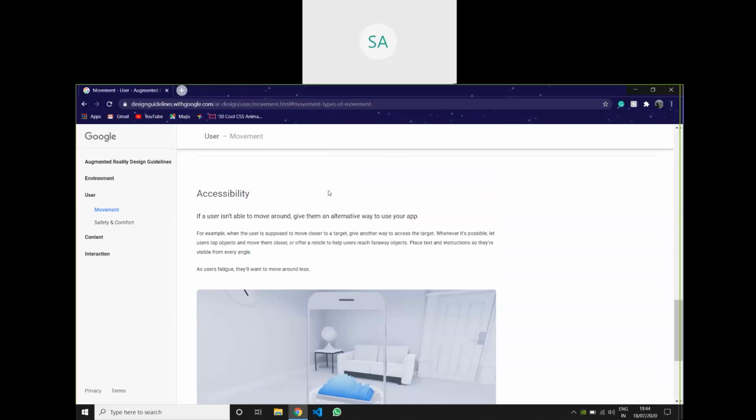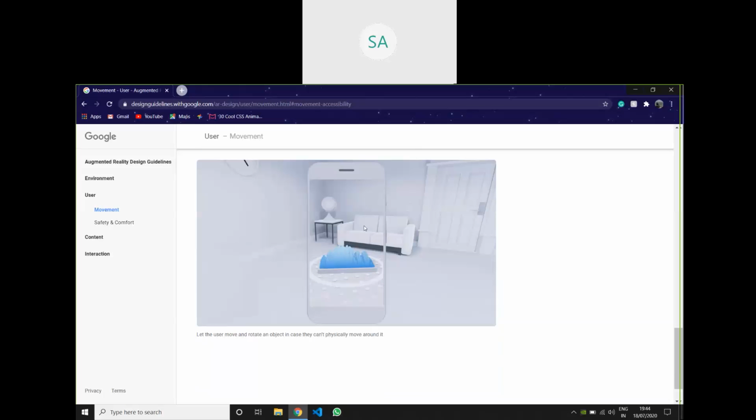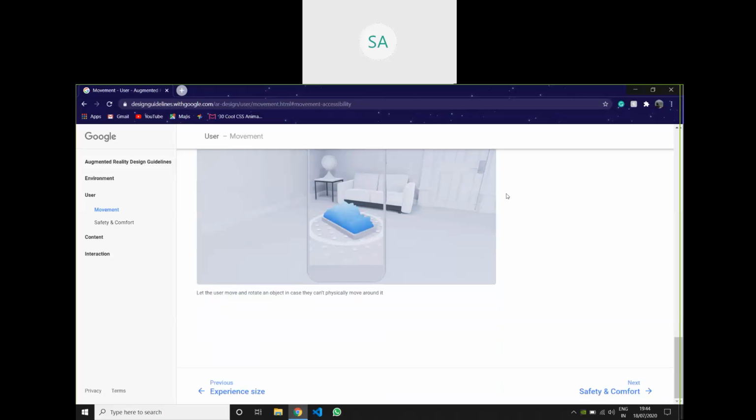And then accessibility. It should be accessible from every angle. You should be able to move it, rotate it, and transform the size. You should be able to move it in that particular plane anywhere, anyhow you want. This is what I want to tell. It is moving like this, right? This is basically a functionality which every project should have.